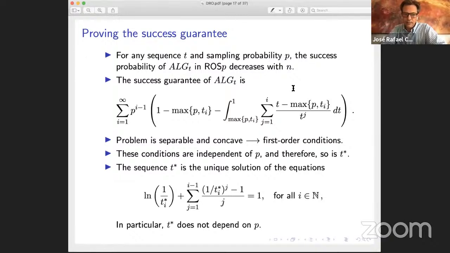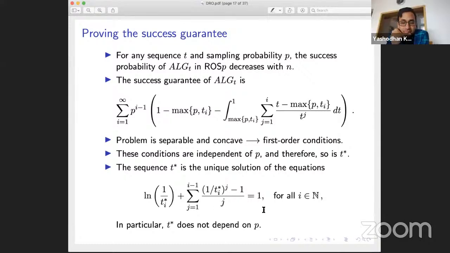So now you basically need to solve this problem, but this problem is concave and it's separable. So the Ts do not depend on each other. So you just solve it. You just write down the first order optimality conditions for each variable, which are these equations here. And that's it. So now you have your optimal T stars, and there is one step that I missed somehow,